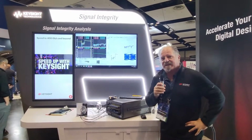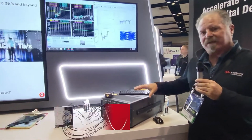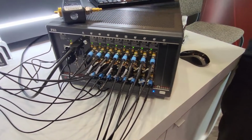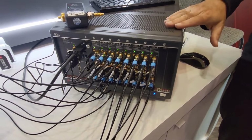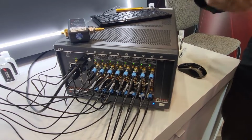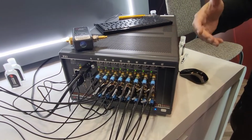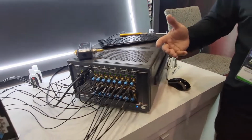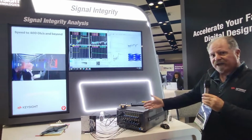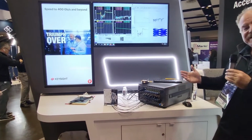So what we're showing today at DesignCon is a scalable vector network analyzer based on a PXI chassis, and you can have anywhere from 2 ports up to 16 ports in this chassis, or in a double wide chassis, up to 32 ports. What this allows you to do as an electrical engineer is to design servers and internet infrastructure with the ultimate in precision, because we can calibrate this system up to the reference plane up to 57